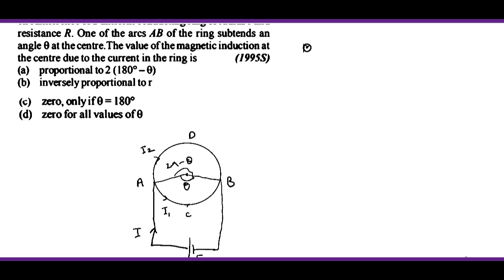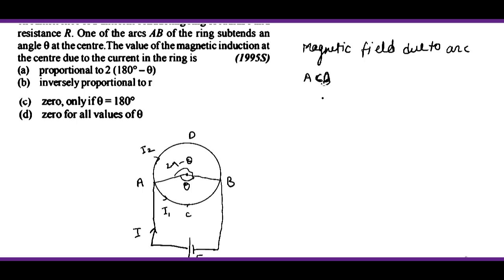यहाँ पे मैं लिख सकता हूँ, मैग्नेटिक फील्ड ड्यू टू आर्क ACB। ओके, ACB, नॉट ACD, ACB। तो ACB आर्क की वजह से यहाँ पे मैग्नेटिक फील्ड की वैल्यू आएगी।